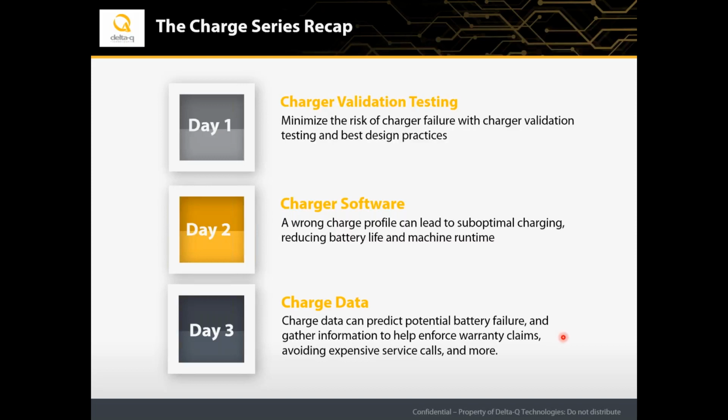And for today's last topic, we'll cover 2 things. First, we'll talk about the extraction of charger data, and then we'll talk a little bit about the integrated system design, especially in floor care equipment like burnishers, scrubbers, and sweepers. But before we begin,